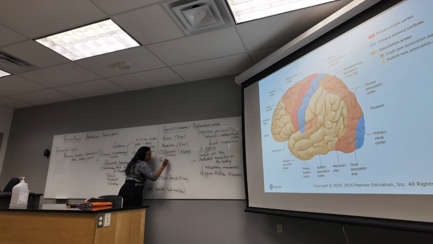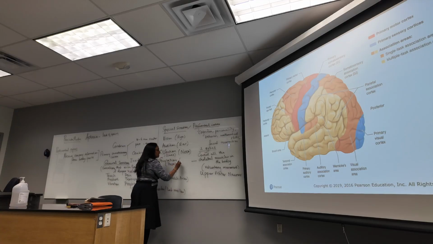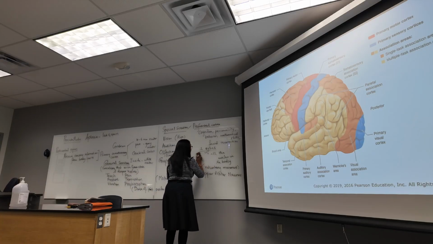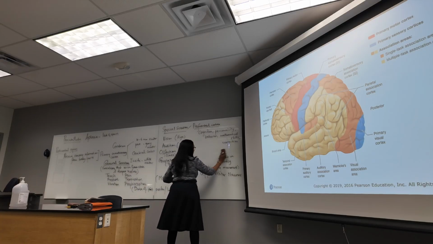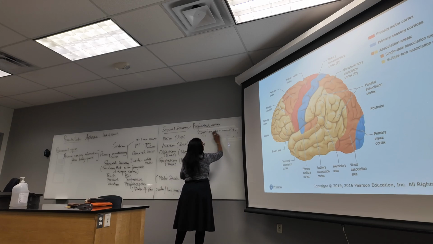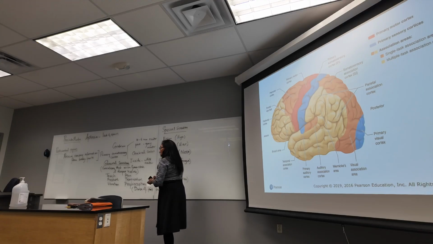Gustation is taste. This is a special sense for which you have specific sense organs in the tongue. So there are 5 special senses: vision, audition, olfaction, gustation,